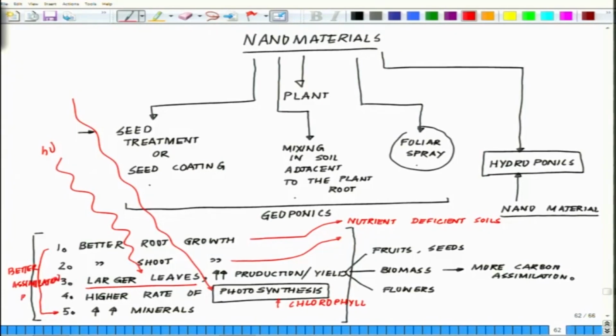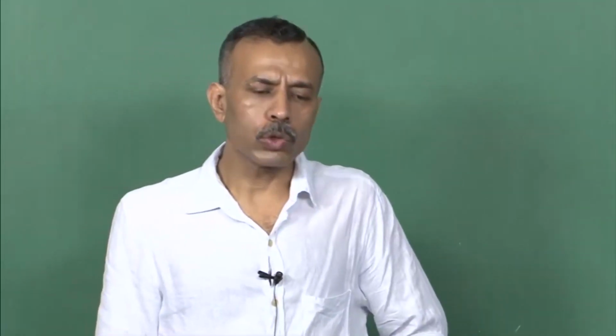And what we are essentially seeing after that is a higher fruit production, seed production, higher biomass, and better flowering. So, this is what I wanted to highlight, that nano is possibly the answer for those places